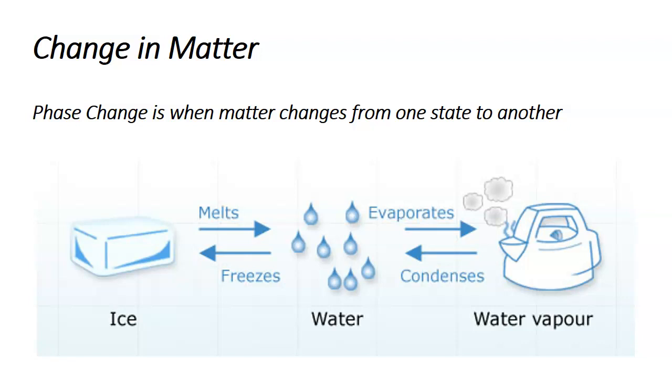Now I want you to know that Mr. Gas and Mr. Solid and Mr. Liquid can be like one person. How can that be? Each one of them can change to be the other one. For example, ice, which is Mr. Solid, can melt to become Mr. Water, and water can also evaporate and be heated up in order to become Mr. Gas as water vapor. Let me give you details about that.